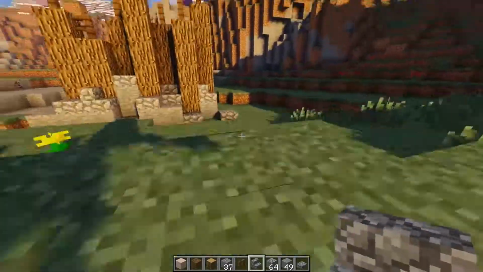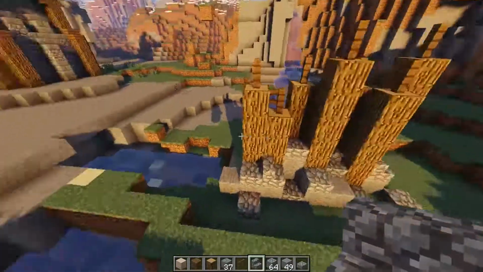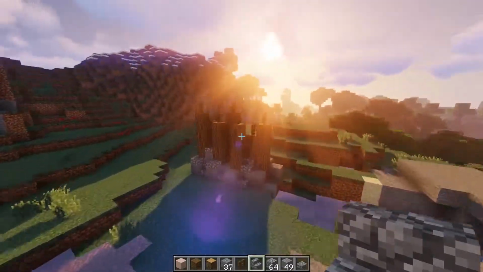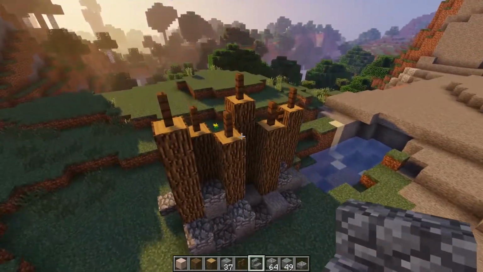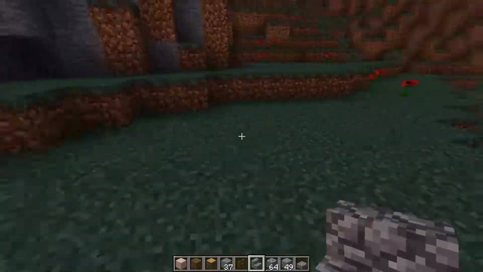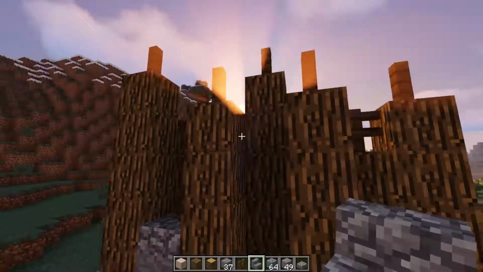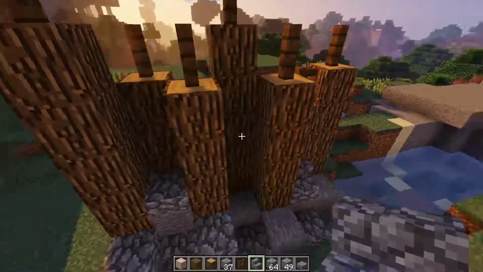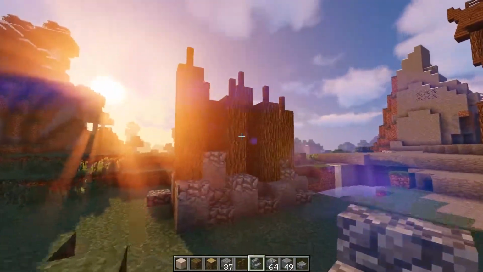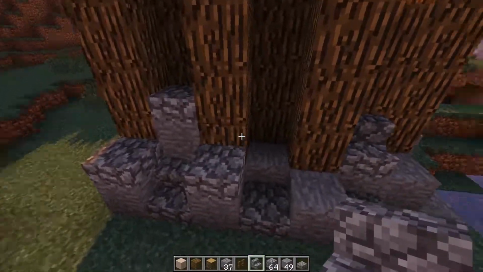So we're in our creative world, and this is what I'm thinking for the village wall. Really simple. I saw something pretty similar to this by a guy named F-Whip. He's really cool, so props to him. Unfortunately, we do not have the stripped oak logs in 1.12. It's really depressing. So this is what we have to go with,